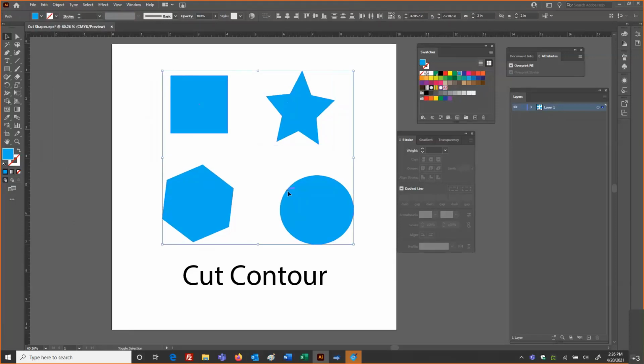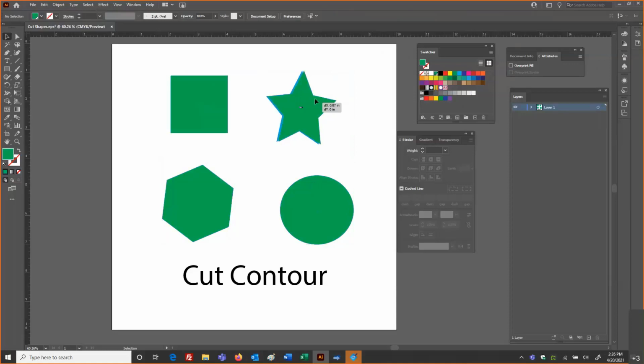I want to be sure to select the very top object. When you're working with the full shape of the object and you're going to duplicate it or paste in place, you want to fill with the spot color for the cut contour designation, the cut tool type. You want that to be on the topmost graphic object. So I've selected the top. In this case, I'm going to fill with my cut contour color. Now I will deselect and show you that indeed they are all on their own top layer here.